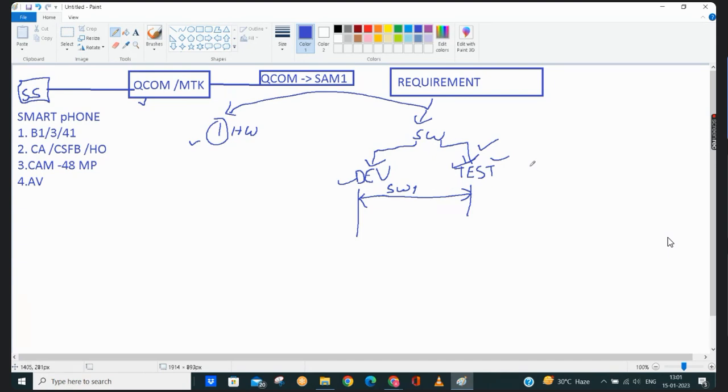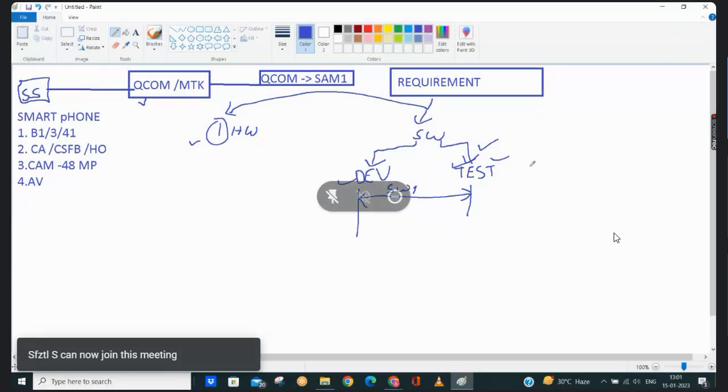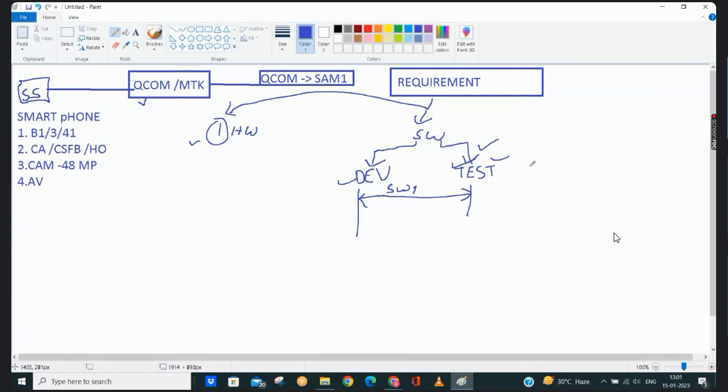Release note means, like you have observed in many applications in the Play Store, sometimes we get a software update on our mobile phone, and we have a feature called What's New. In that information we have what new things they have added in that particular release.